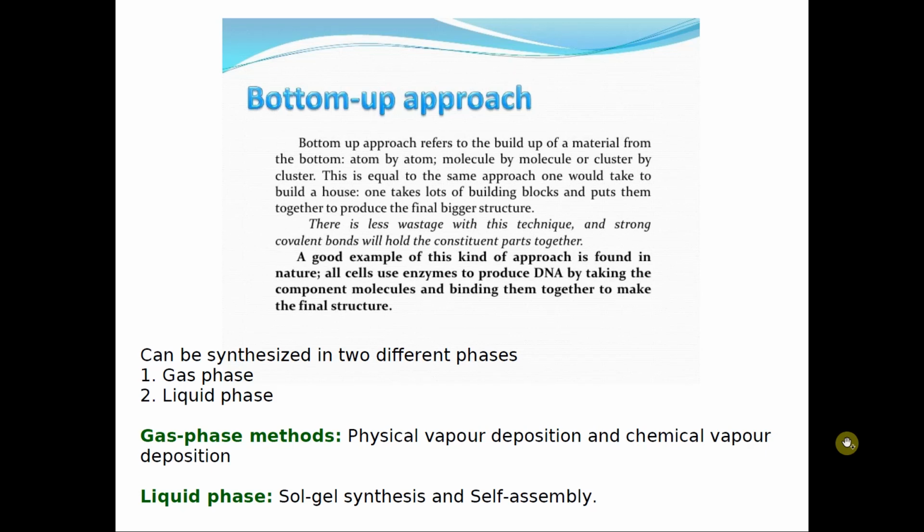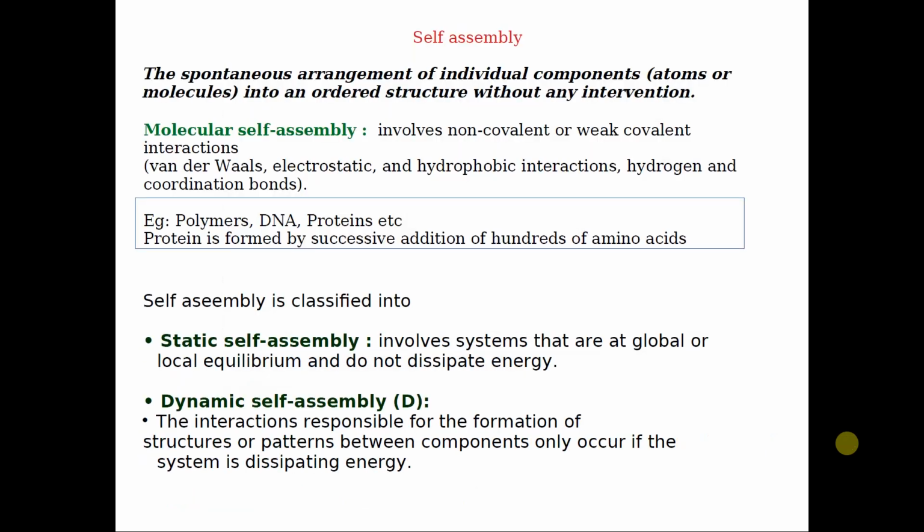So I'm going to now talk about self-assembly. Self-assembly, as we said, is a bottom-up approach, and it's very easy to understand the term. What is going to happen is that there will be a spontaneous arrangement of atoms or molecules, individual components, into an ordered structure without any kind of intervention. Atoms or molecules, without any interference or any force taking place, are going to join together